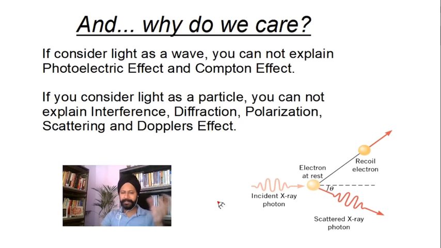Another is the Compton effect. I'm not covering that today. So let's say there is an X-ray. The X-ray falls on an electron, and the X-ray that comes out after the collision has a longer wavelength, and that's something you cannot explain with wave theory. Again, I repeat, an X-ray collides with an electron. The electron moves in one direction, and obviously momentum is conserved. That is why if the electron goes this way, the X-ray goes this way. But its color has changed, its frequency has reduced, its wavelength has increased. This you cannot explain with the wave nature.